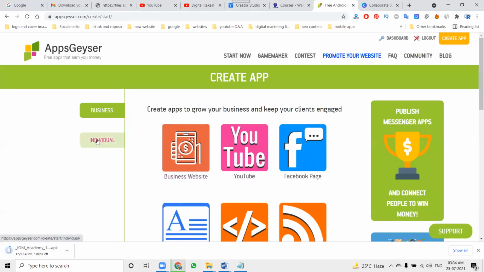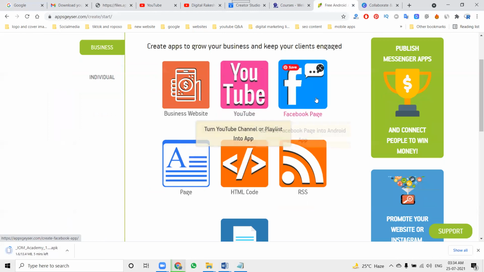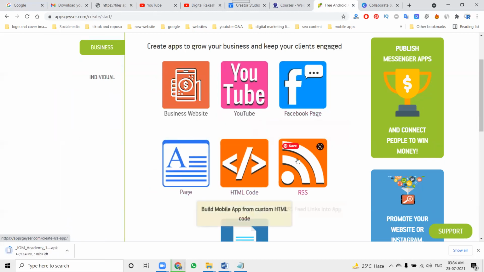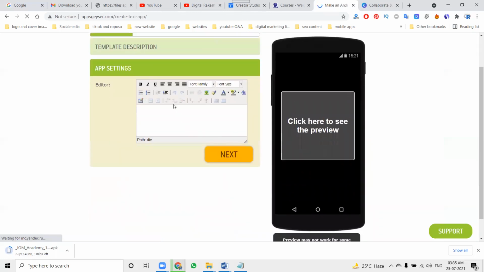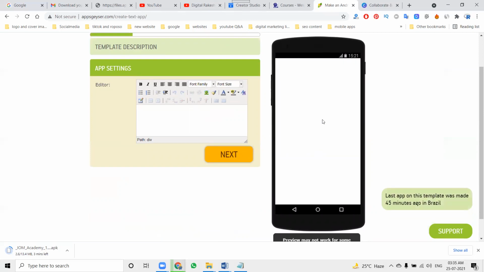Are you looking for business or individual? You can make a YouTube app, Facebook page app, HTML code app or RSS feed. If you are perfect in HTML, you can make it using HTML code too. Click next, write the HTML code, click next, and it will display the page.